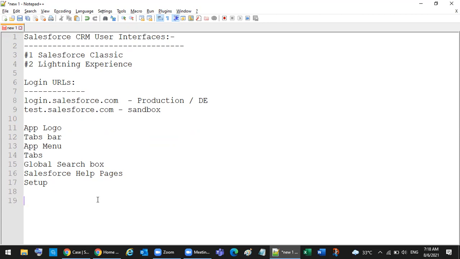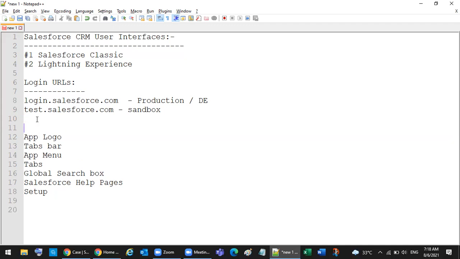So these will be the same for both. I mean, like you showed in Classic, this will be the same in Lightning also, right? Yeah, but different names will be there. So these are for Salesforce Classic. Now, in Lightning Experience,